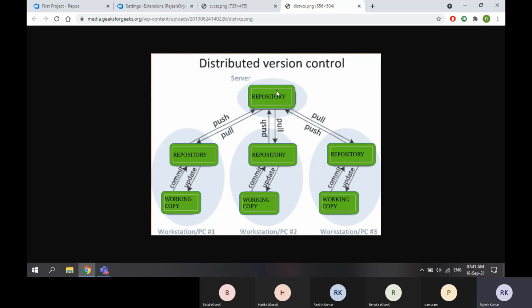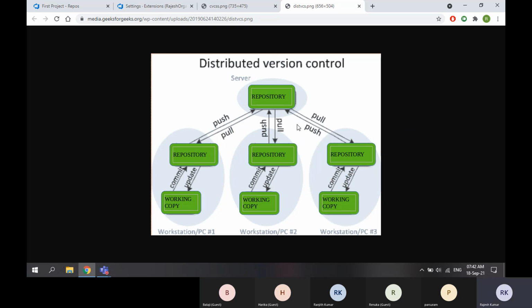If there are any issues with the changes of this guy, it will show him, hey man, I see the same changes are already there in the repository. Then he can cancel his work. Simple, nothing to do. If the same changes are already there in the centralized repository, he can cancel his work and work on the next changes. Why? Because these three people may be working on the same change or different changes.